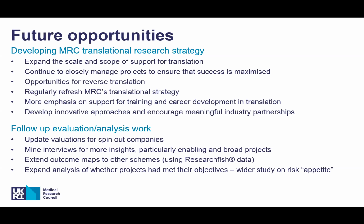More specifically, about following up the evaluation work, we found the econometric work extremely helpful for us. So we intend, on an annual basis, to update valuations for spin-out companies linked to MRC work, and we are actually talking across UKRI about valuing spin-out companies across the whole of UKRI. We also want to mine the interviews for more insights. To get the report to publication in September of last year,